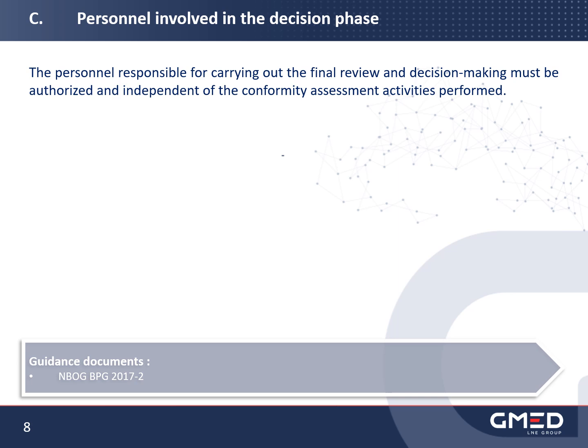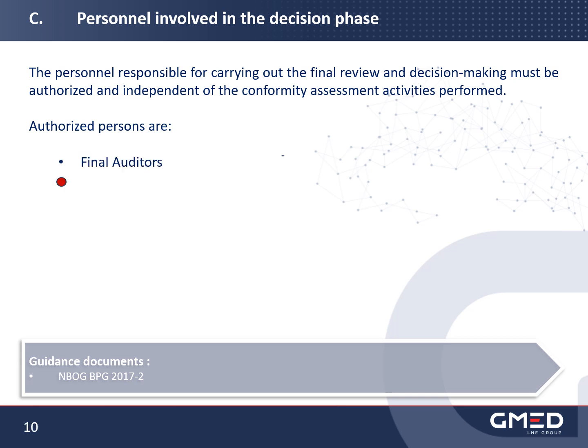In addition to this authorization, the personnel involved in the decision-making phase must be independent of all the conformity assessment activities carried out. In other words, no one who has participated in the assessment of the technical documentation and/or the audit of the manufacturer's quality management system may be involved in the final examination or decision-making. The persons authorised by the notified body to intervene during the decision phase include various functions such as